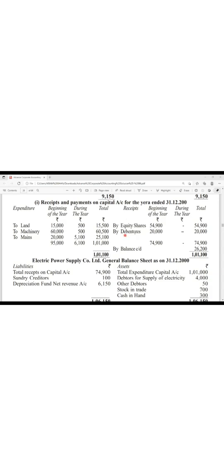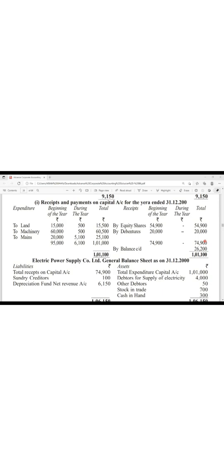So here the next is debentures. Debentures are 20,000 for the previous year, and we have not issued any debentures during the year. So the total debentures comes to 20,000 only. So this total is 74,900. Okay, this total is 74,900, whereas when we calculate the total on the debit or expenditure side, we'll get